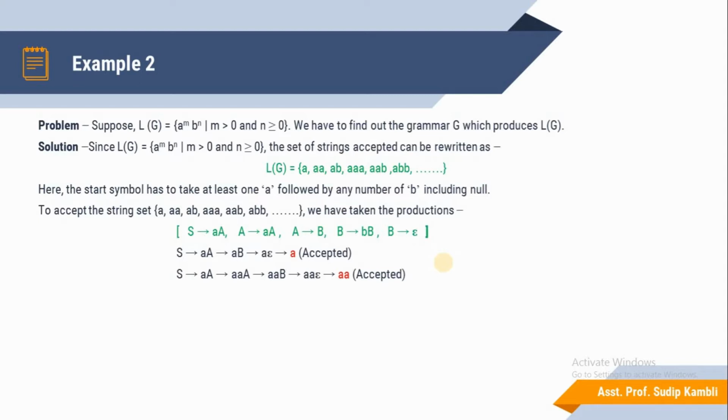So double a is an accepted string using the production rules.